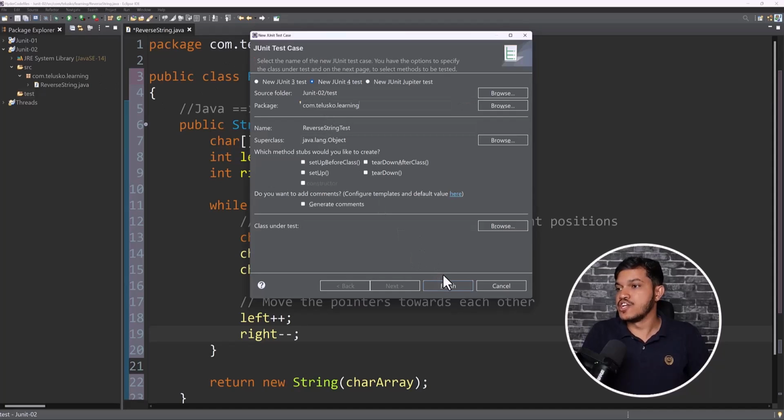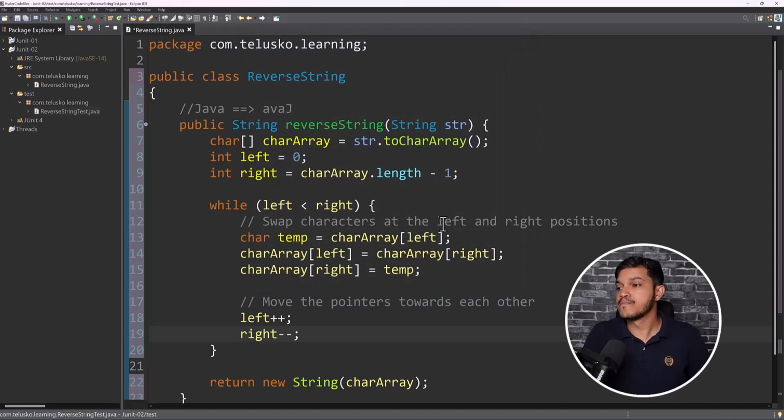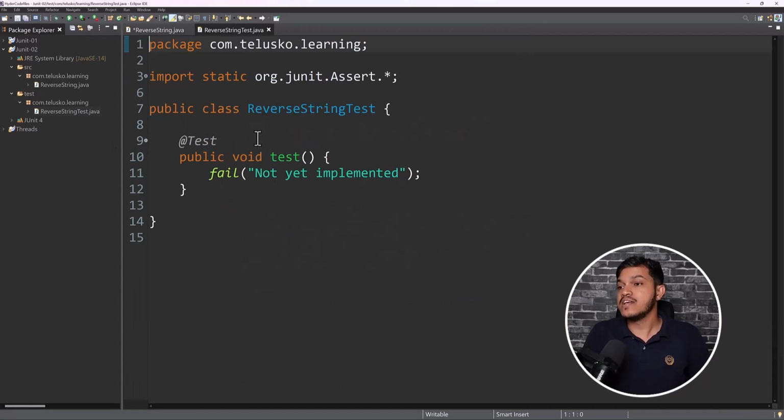Now let me just say finish. It is asking to add the JUnit4 library to the build path. I'll say okay. Now you can see my test is ready. Fail is usually used to explicitly fail the test, and I don't want to fail the test here. Rather, I would like to write the assertion methods and verify whether my unit is working or not, for which